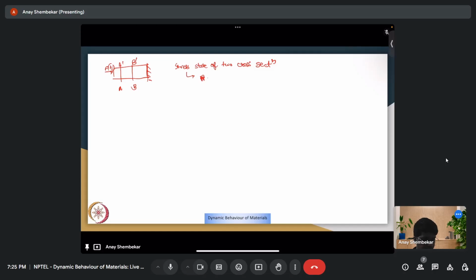This is basically wave propagation, where the disturbance moves through the medium. So your applied disturbance moves through the medium,